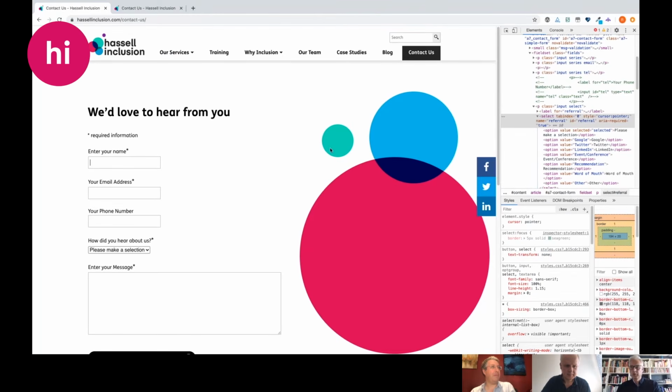So here's a little tweak that I made, adding a border to the Select, just to give you an example of how this could work. So you can see the cursor now. I'm on name, email, phone number, and when I tab onto the Select, we've added a 5-pixel green border onto that. And this is something that we would look to introduce onto all our inputs. You can obviously tweak the design to suit your site and brand.